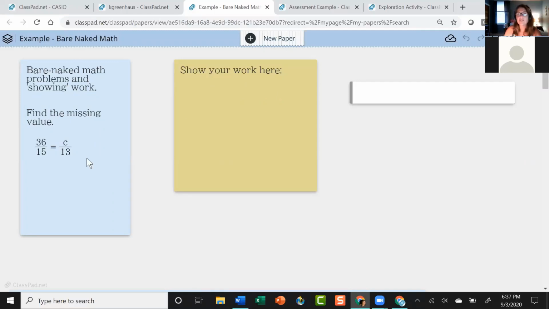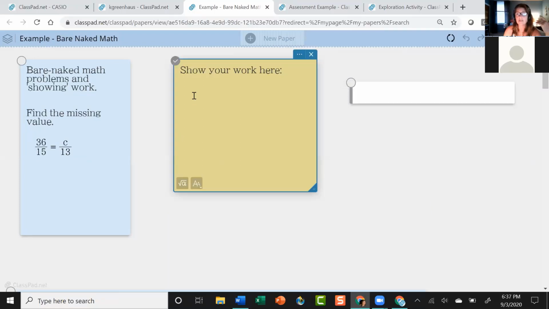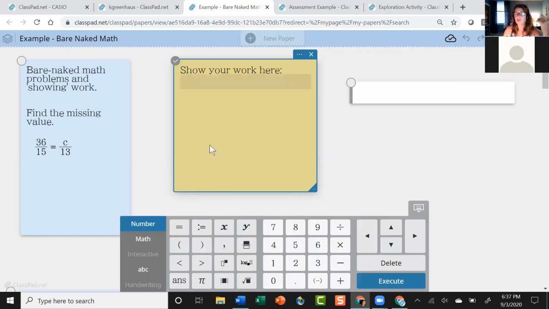So if I were to send this bare naked problem to a student, I might see just the process, right? So here's a calculator. So maybe they know, oh, I'm supposed to cross multiply and divide. So in my workspace, and for those of you who have not used the text sticky before as a math tool, this allows you to change the font size, but this right here allows you to do math type. So you'll notice that this is in nice fractional form or proportion, rational number form,